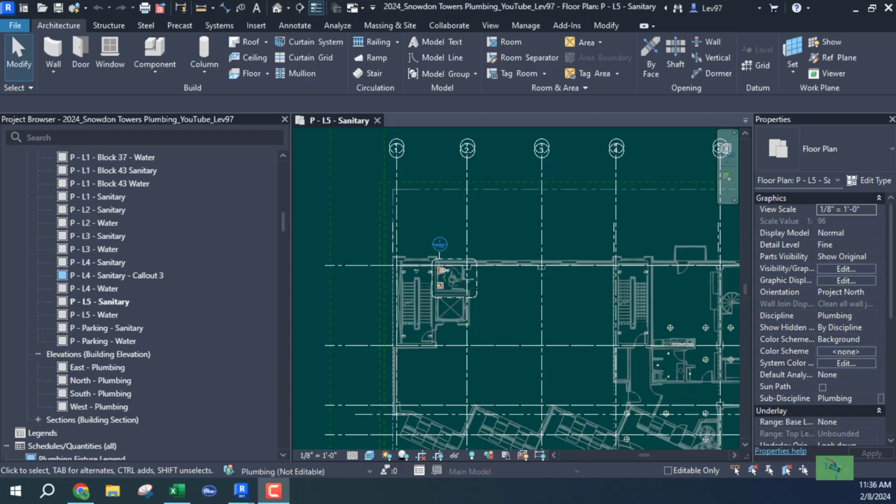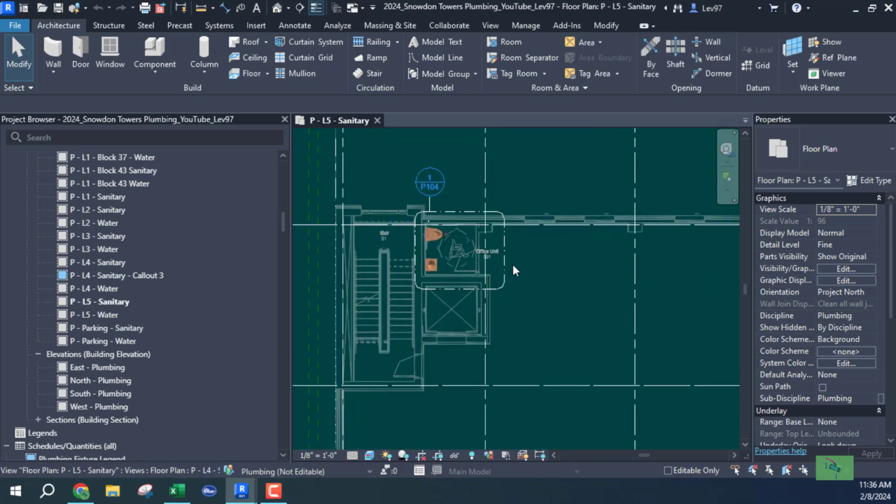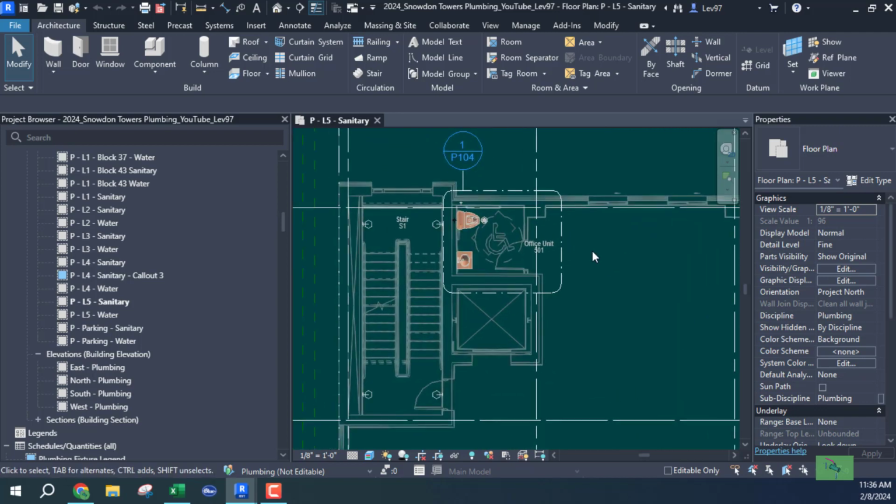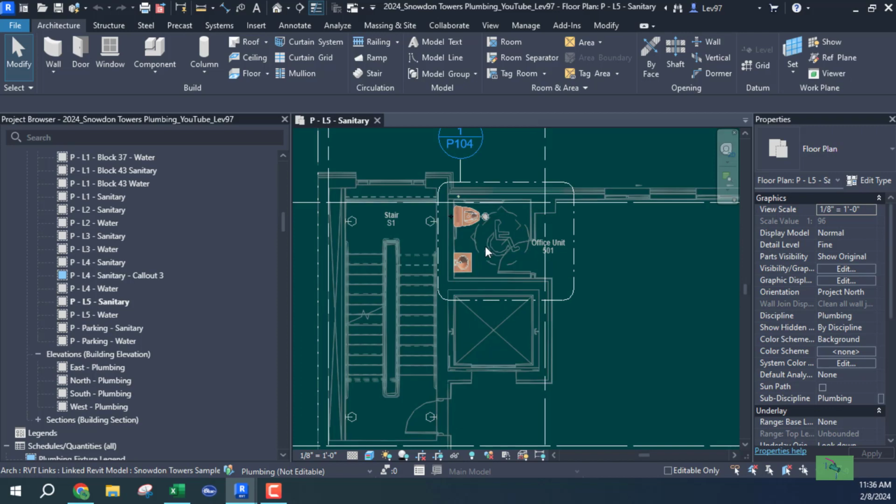Okay, so let's see what we can get done today. I want to go back over these callouts and how it's a little different than what we were using when we were using AutoCAD. The callouts in, say, an 1/8" plan like this, for example, is we are not showing the piping, but